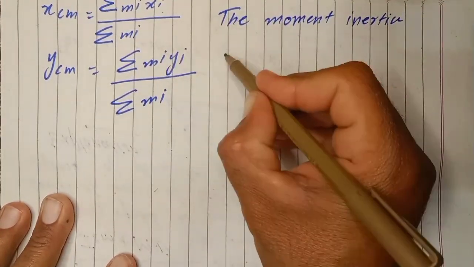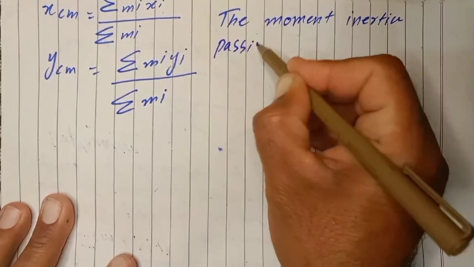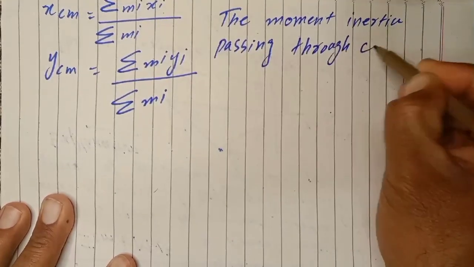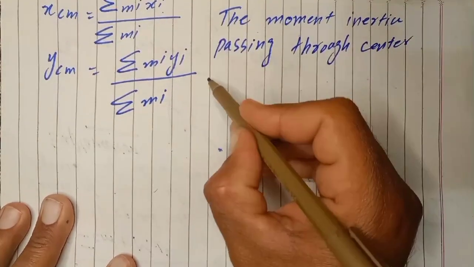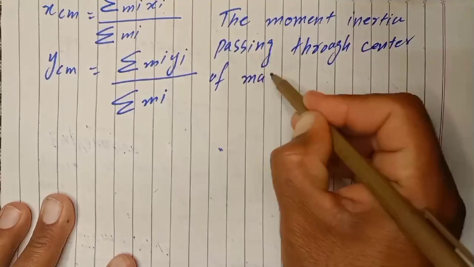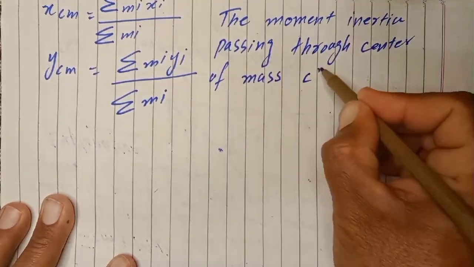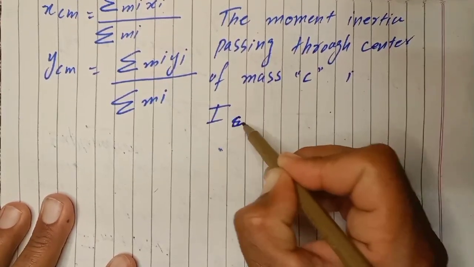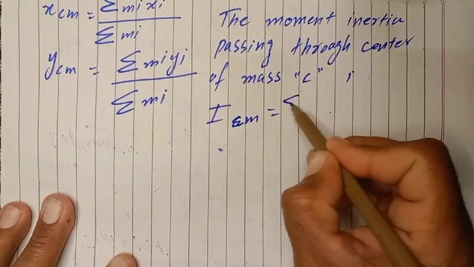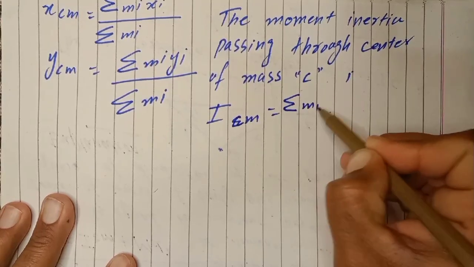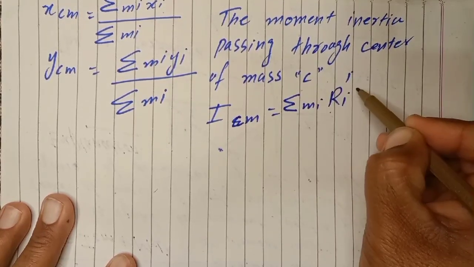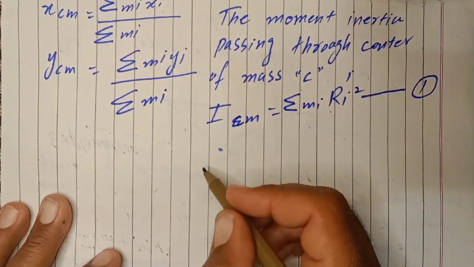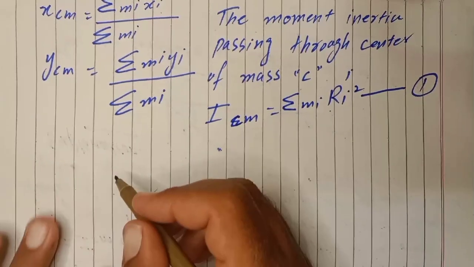passing through center of mass C is I_CM equal to sigma m_i r_i square। First equation, the moment of inertia passing through point P,